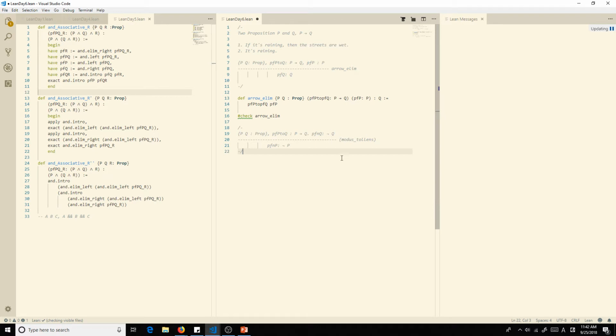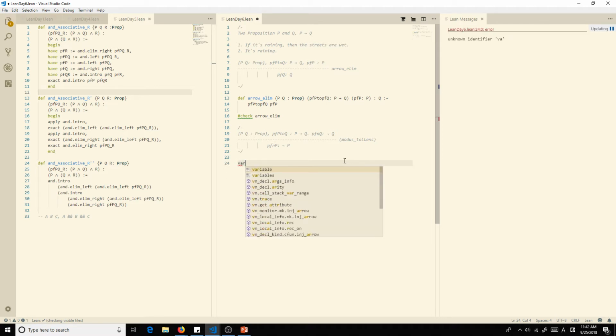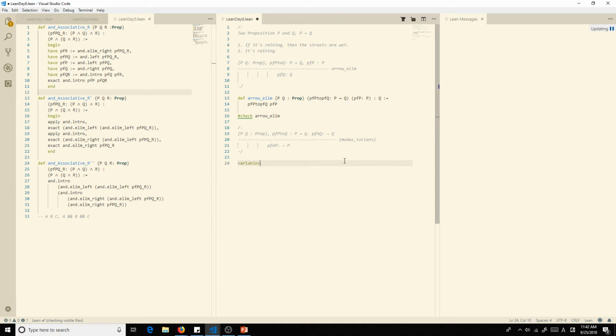I want to get through more of the implication. So let's use a bit more variables in this for implications. Let's define some variables. We're going to define two. We have P and Q, and remember those are going to be our propositions.